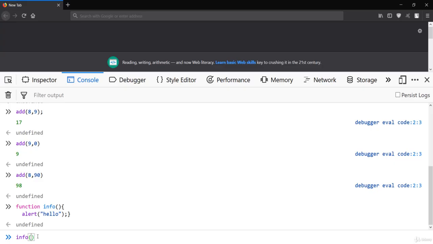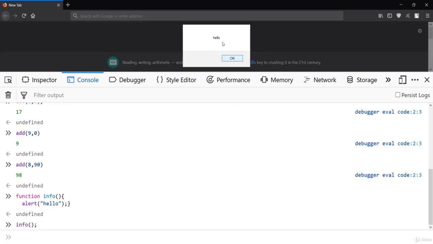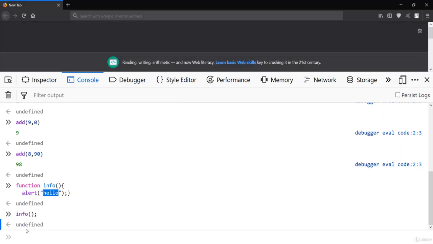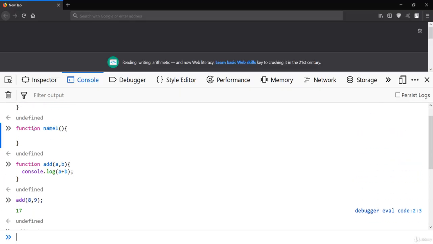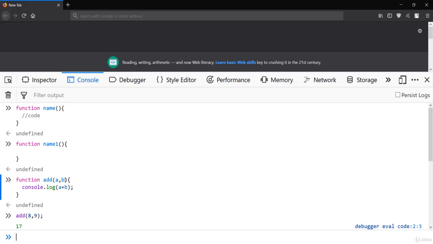So let's go here, and now the next step is to call the method. Here we just don't pass anything, because while defining the function we didn't give any positional argument. That means we'll just say info, and you can see the simple alert dialog saying hello, which was the message inside it. So this is the way to create a function without any arguments. You can pass no argument, or any number of arguments as we did here, with these 2 arguments, and do your work.